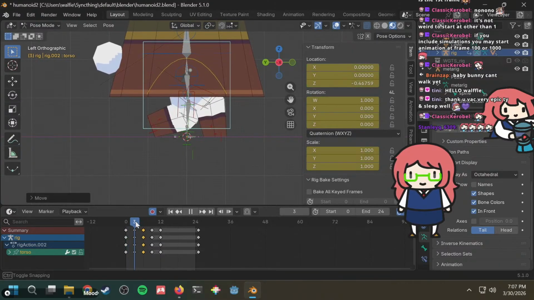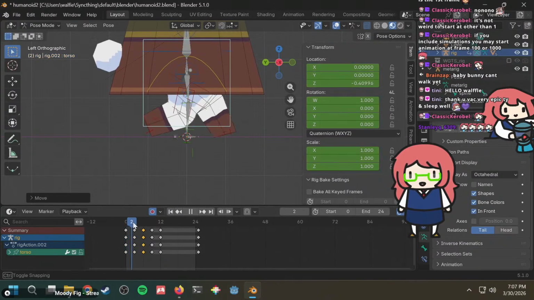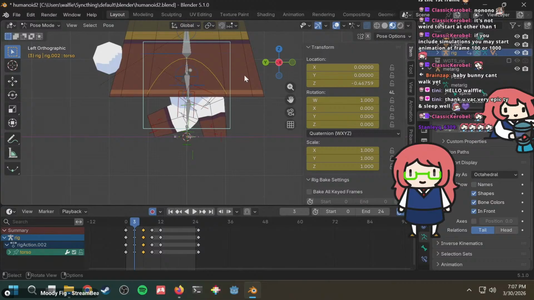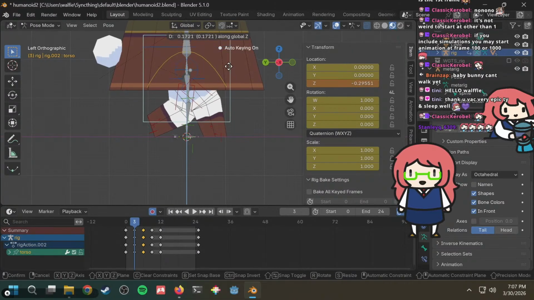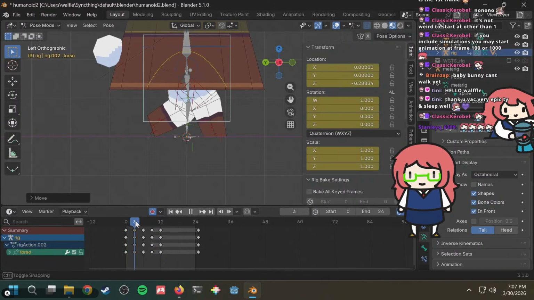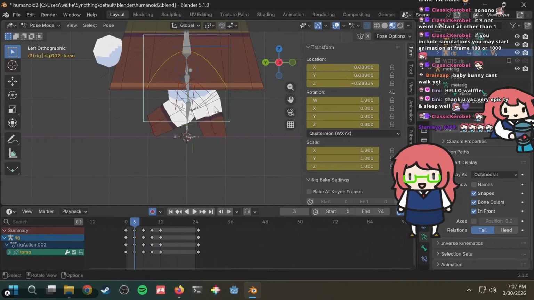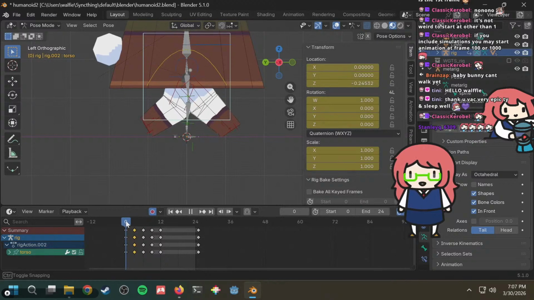Oh wait, but hold on. But then this one was already moving down. So maybe this one needs to not move down. It moves down slightly. Why does this seem so sudden? Are you seeing this? It snaps in place.